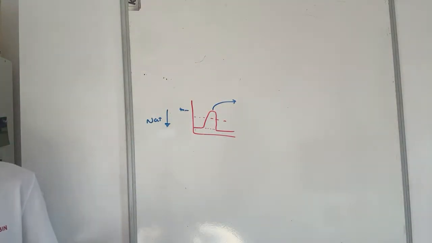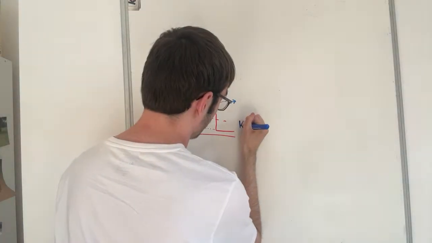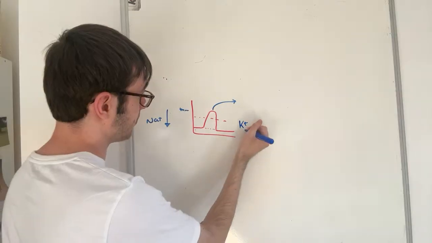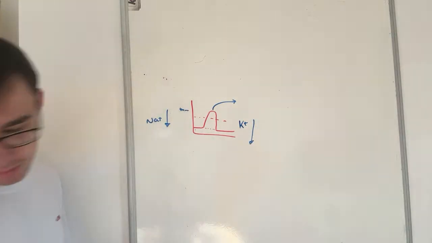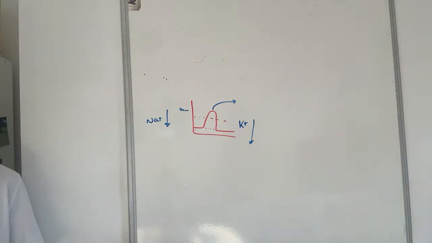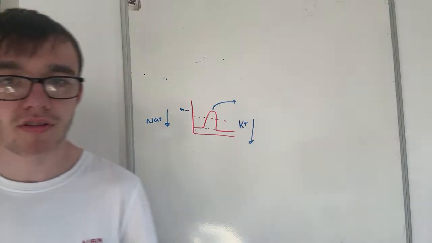And then it's the hyperpolarization. This is where all of the potassium channels will open. This will rapidly lower the charge because all of the potassium ions are gonna diffuse out. And the important thing to mention,